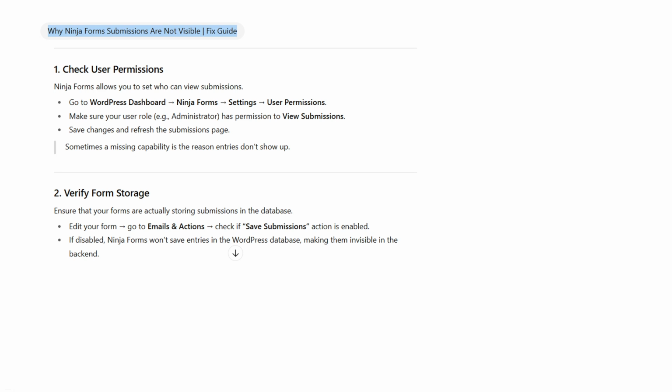Next, open the specific form that's causing trouble. Go to Emails and Actions and check that the Save Submissions action is enabled. This is what stores entries in your database. If it's missing or disabled, add or enable it, save the form, and submit a quick test entry to confirm